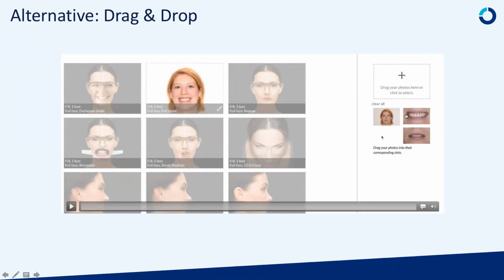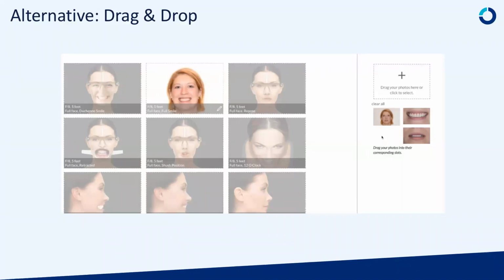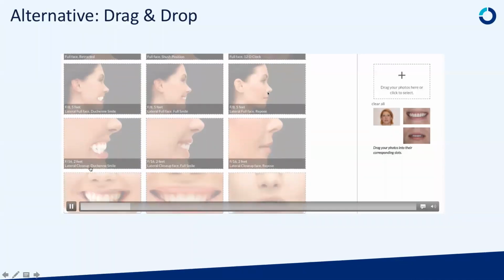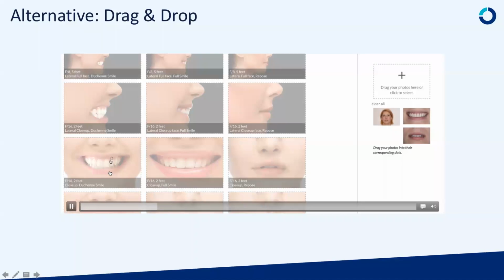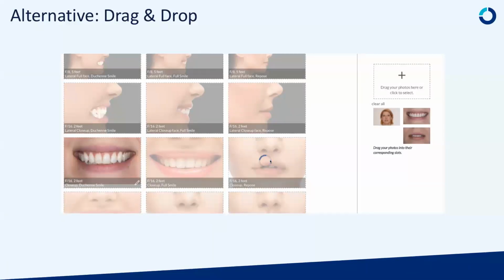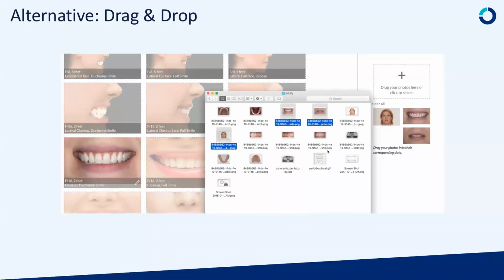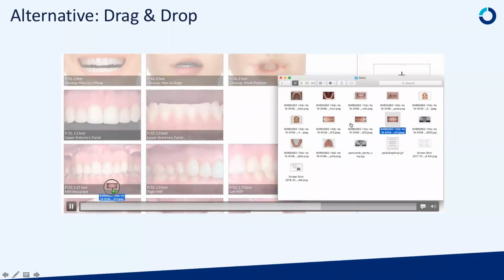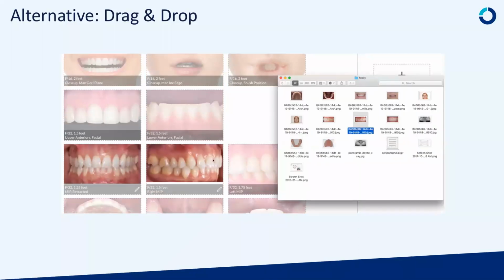And those thumbnails are just temporary for you to be able to view them. So you can tell which image is a full face, which image is a retracted smile. And then as the video showed you, you can just drag them into the spot based on what the picture is. So you can look for the full face Duchenne smile and drop it in there, and full face repose, drop it in there, instead of having to open each image separately, figure out which one is the full face, and then drop it in. And obviously, if you do have them all in a folder and you know exactly which image drops where, then you can drag them straight from the folder into their appropriate slot, and that way they upload